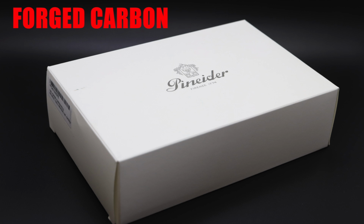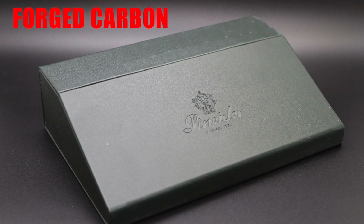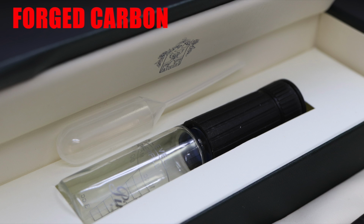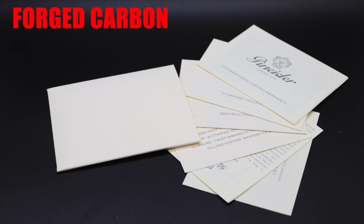The pen was packaged in an off-white cardboard box. Inside that box, the doorstop-looking box that we all know and love and make fun of. Open that up and of course is your pen. In the upper shelf of the box is a cutout holding a Pineider pen filler and a pipette with which to fill said pen filler. In the box you also get a paper sleeve filled with product information including warranty info and brand information that